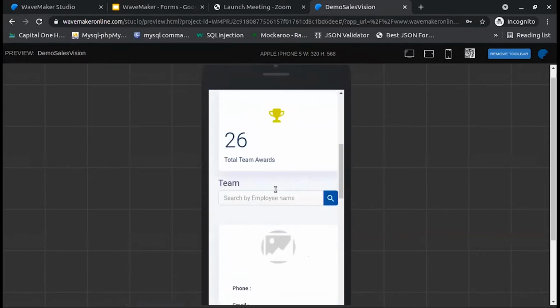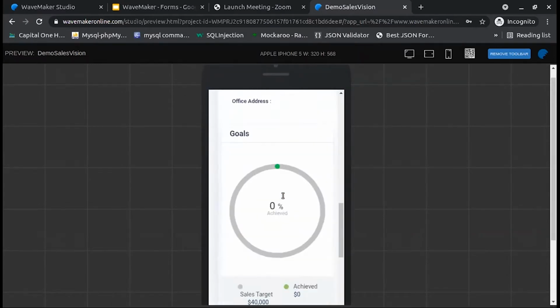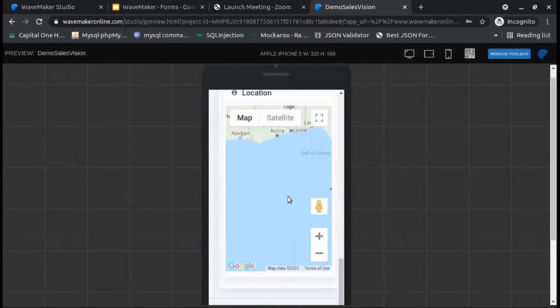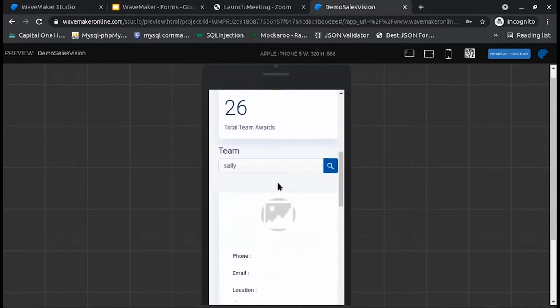Also, the list widget that is shown by default, the list of sales representatives that we have seen in full screen mode, is not shown here. Also we see a search box here, which will search for them, and the respective location will be plotted here on the map. How am I hiding that particular widget on a mobile device?